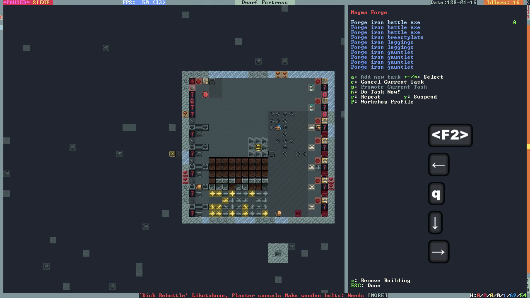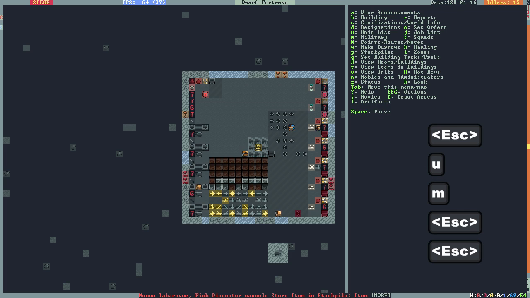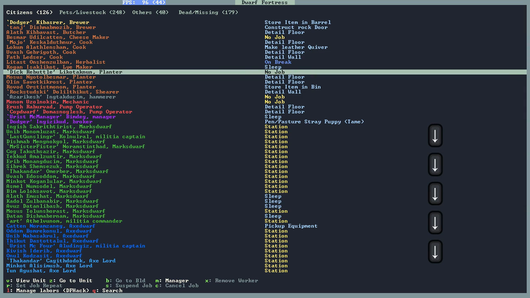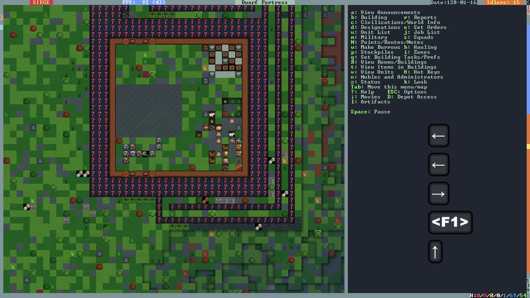What's the forging doing here? Why aren't they validating that? What is the manager doing? The manager is sleeping. Of course he is. Well,